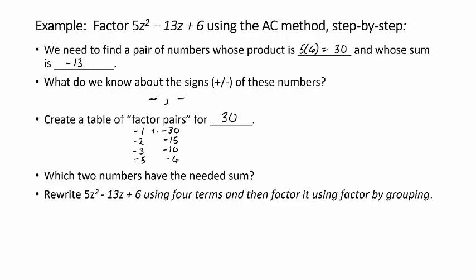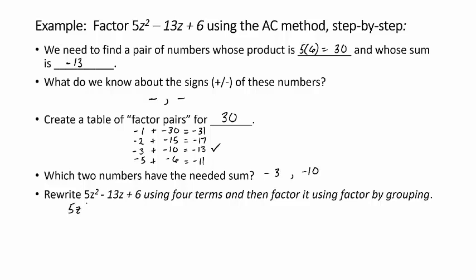Okay, so when we add these up, we end up taking a negative and subtracting a number. Negative 1 minus 30, negative 31, negative 2 minus 15 is minus 17, negative 3 minus 10 is negative 13. That's the one we want, right? Yeah. So we can keep going, but once we find the sum that we need, we can stop. Okay, so what two numbers give us that negative 13? Negative 3 and negative 10. Okay, so now